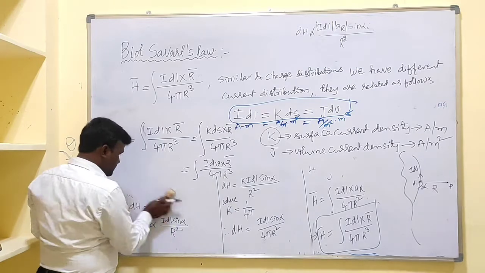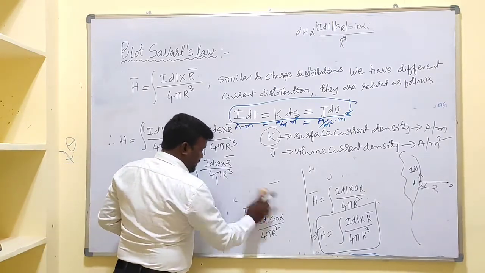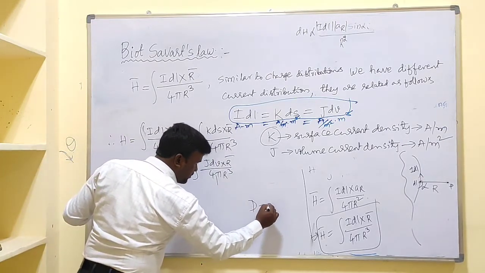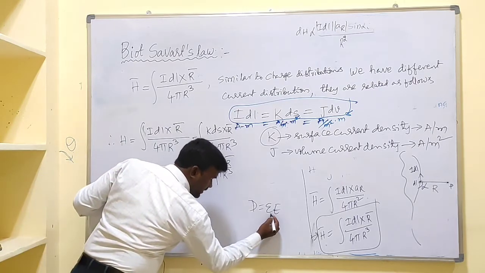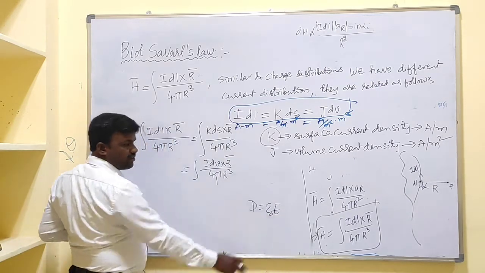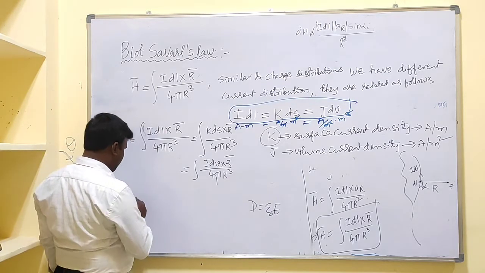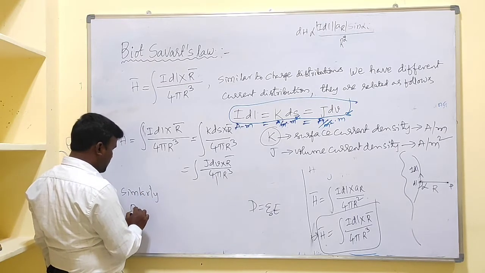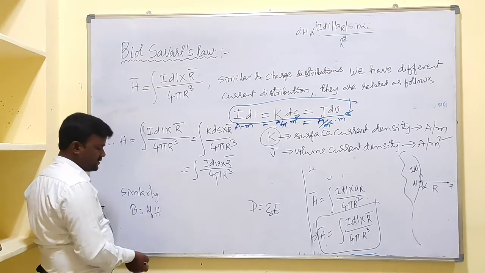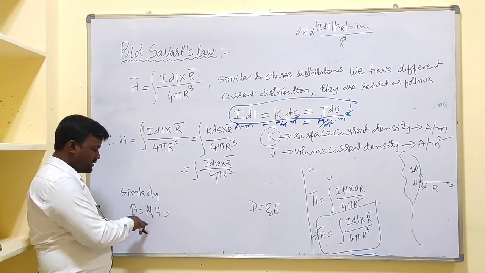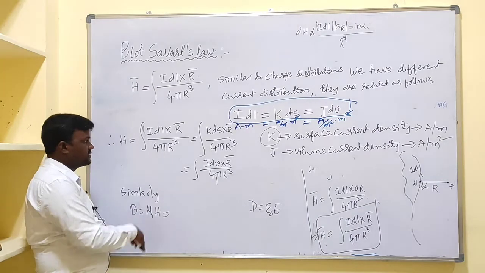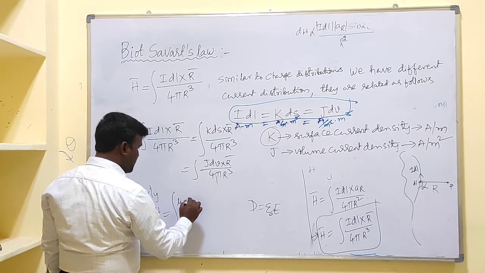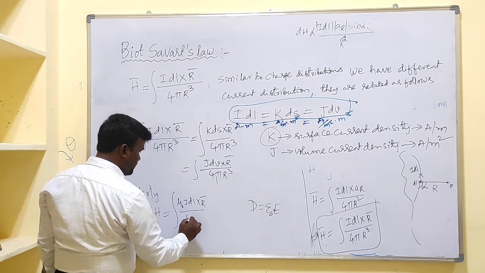And make a note of this one. Similar to electric flux density and electric field intensity, which are related like this, that is D equal to epsilon into E. Here for the immaterial space or free space, D equal to epsilon naught into E. We have B equal to what? Similarly, B equal to mu naught into H. In case of the free space, or else for the given medium we can write B equal to mu into H. So this can be written as B equal to mu naught into I dl cross R bar by 4 pi r cube,